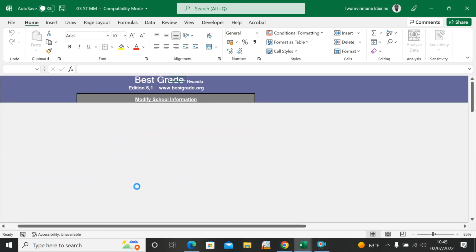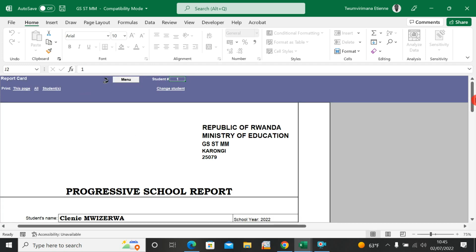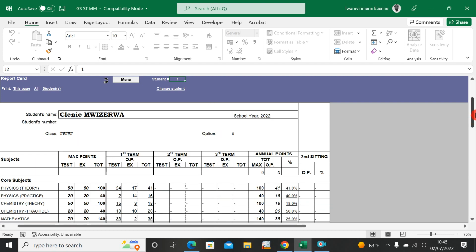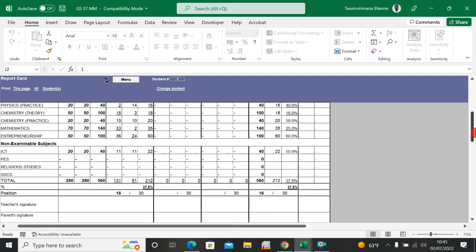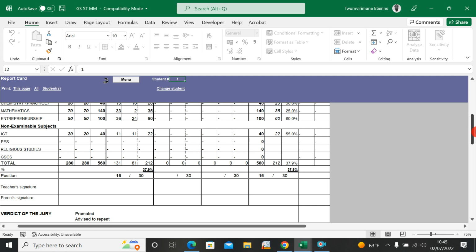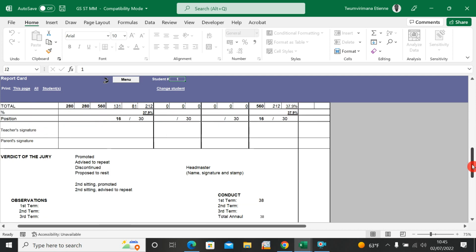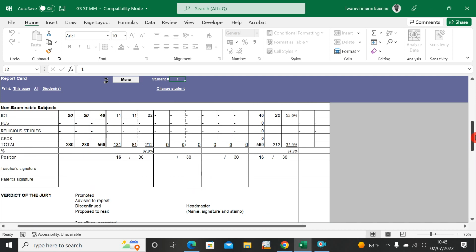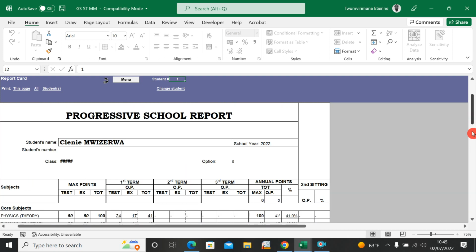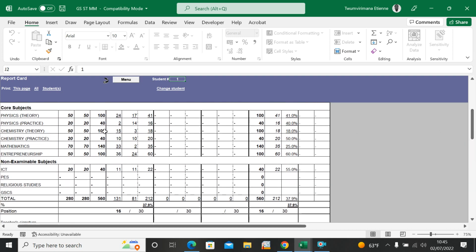And you turn back and you go to menu back, and now I'll see report card. Report card, as I told you, it's a report for all. It's a report for the whole year. In the end of the year report, it will combine all terms. First term you see it as marks, second term, third term. It means once you want to print